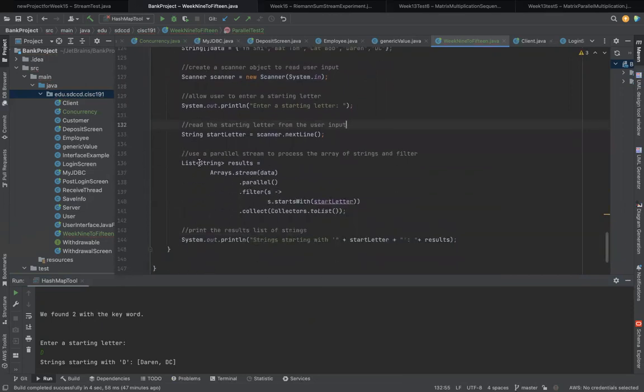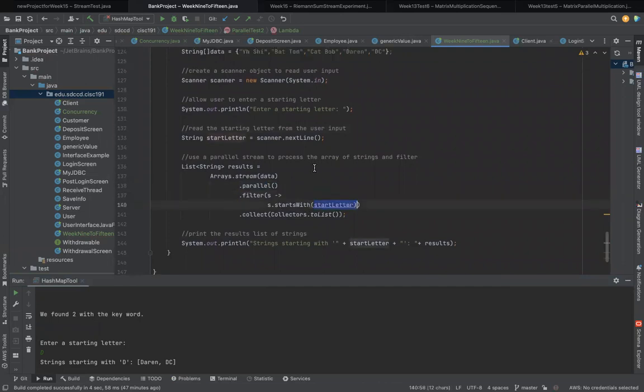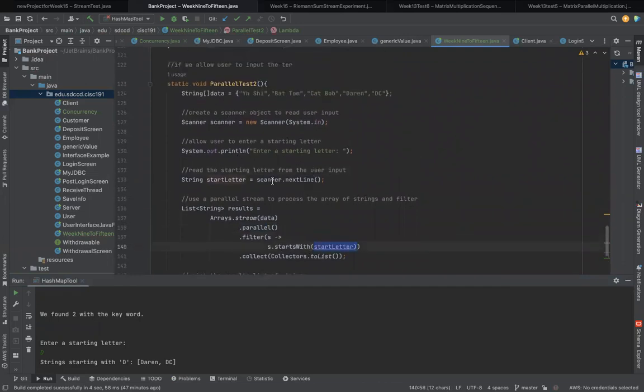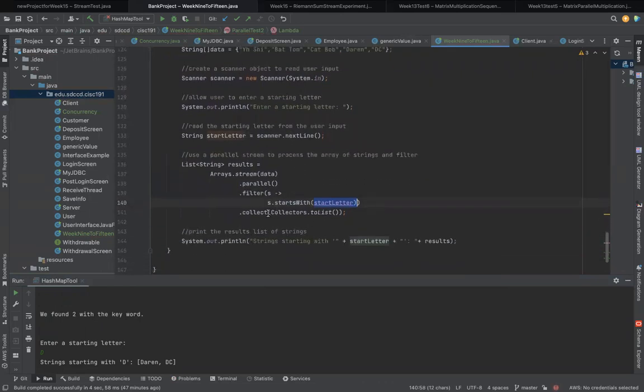And here we type the parallel way, and we filter the start letter, which is the user input. Then we print out the strings that start with that start letter, which is user input with the scanner, and then print